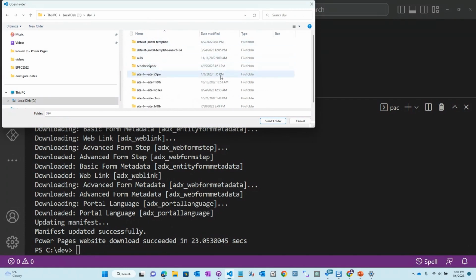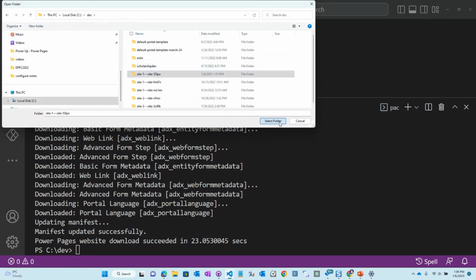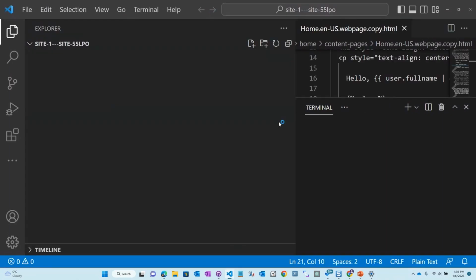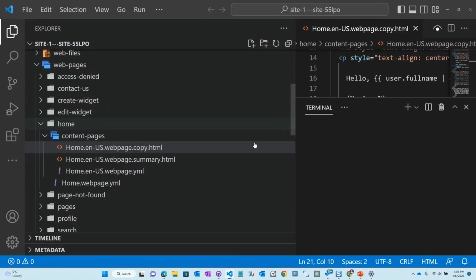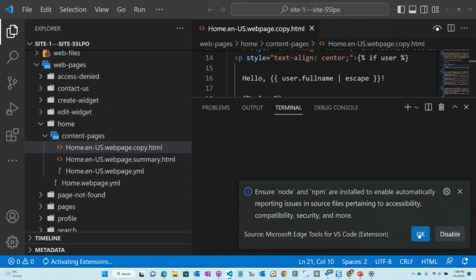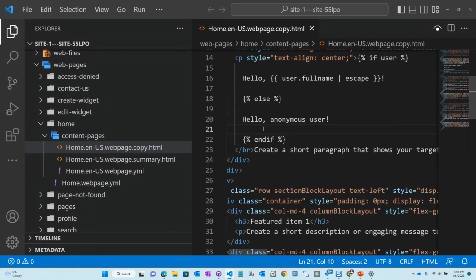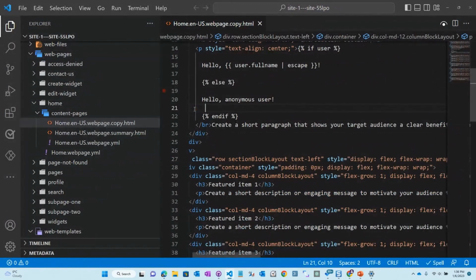and we see here that this is the folder I've downloaded, and actually I'm going to go up a level and select this folder. And now I'm just going to click OK on that. So I'm going to move the terminal down, and I'll probably just increase the resolution a little bit so y'all can see that a little bit better.